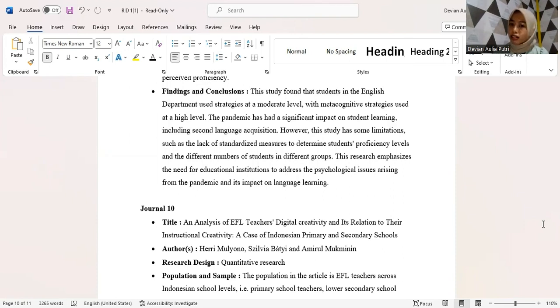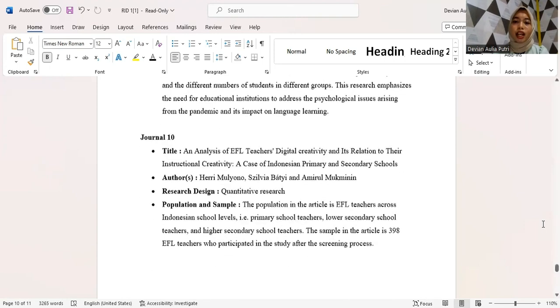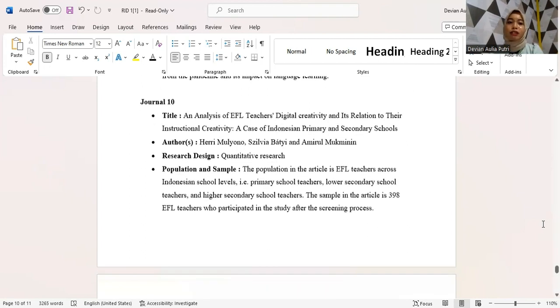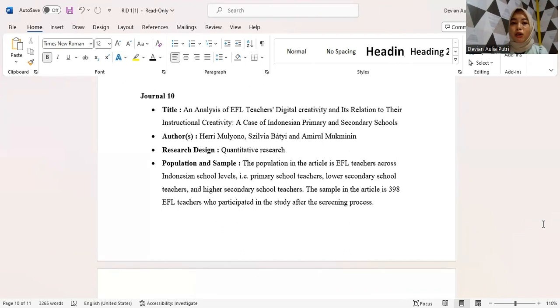limitations, such as the lack of standardized measures to determine students' proficiency levels and the different numbers of students in different groups. This research emphasizes the need for educational institutions to address the psychological issues arising from the pandemic and its impact on language learning. And the last journal is